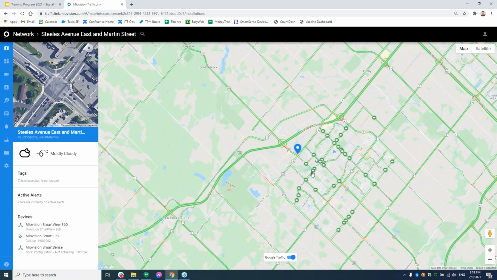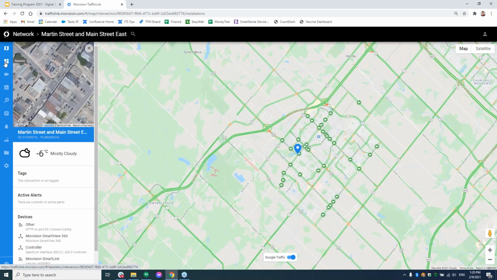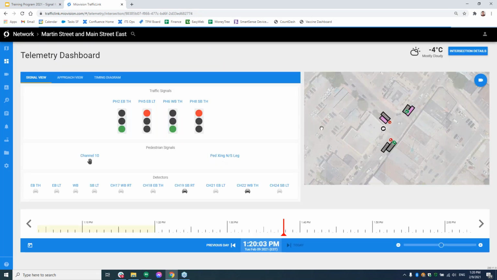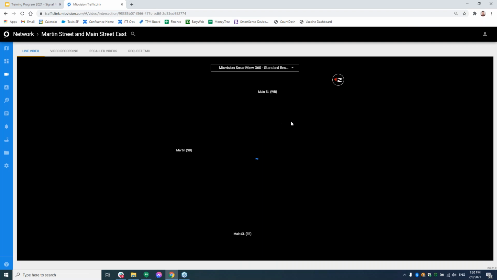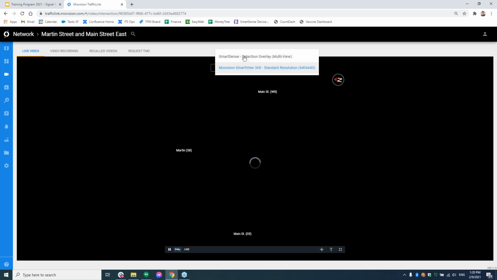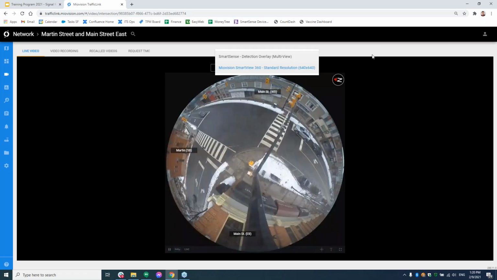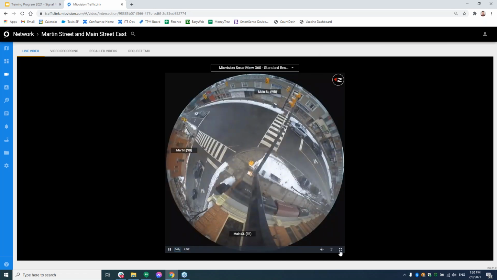But when we're at an intersection here, some of these are more of the obvious points. We have visibility into the telemetry of the intersection. So when you click on an intersection, you can see the signal status, you can see the detector channels, and you can see everything that's occurring at this intersection, and you have all of the historical views to do it as well. If I go over to the video tab, this is where we have the ability to see two different things, the 360 video and the detection video. So we have both ways to view it and both things to look at.